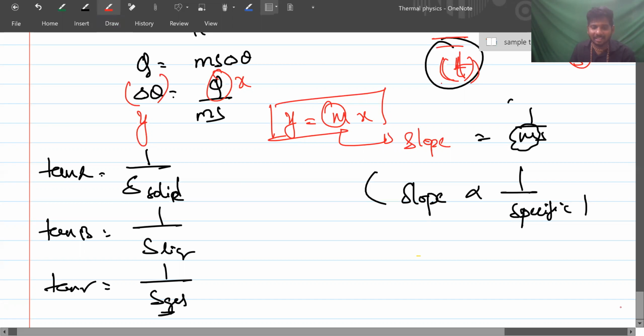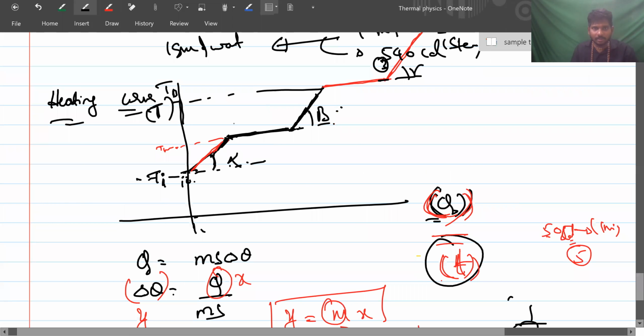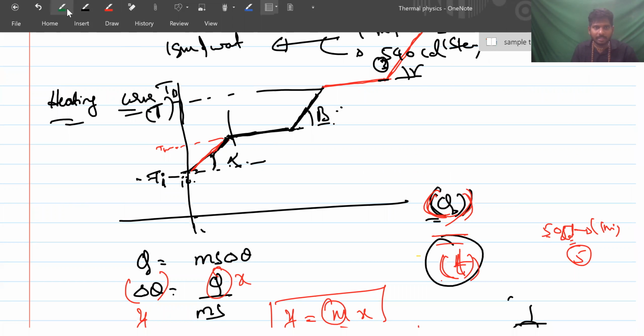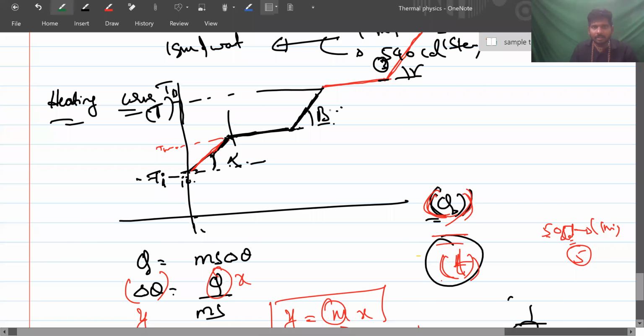And this also needs to be taken care of. This length is there, right? Yes, sir. Which one? This length. Okay, I'll write it. This is proportional to latent heat. If latent heat is Q is equal to m L, right? Yes, sir. Then for a given substance, m is fixed. That is, Q is proportional to length, right?